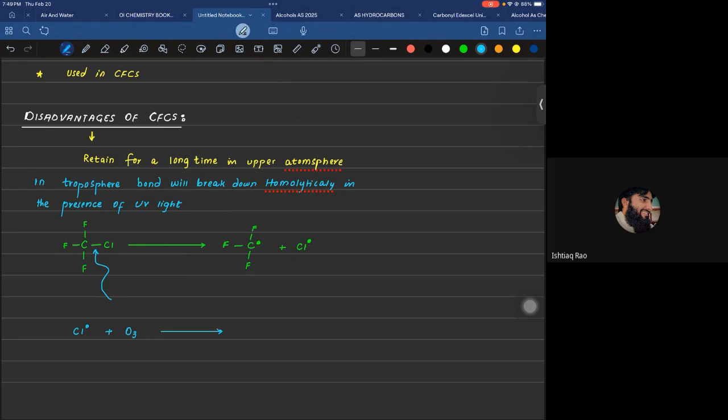It would react with ozone in upper atmosphere, or as a result of this, वो करेगा क्या? It would produce ClO radical, or again it would be producing oxygen gas, and this ClO radical will further react with the oxygen radical. So it would be producing O2 and then Cl2. So when I'm going to add these two equations,